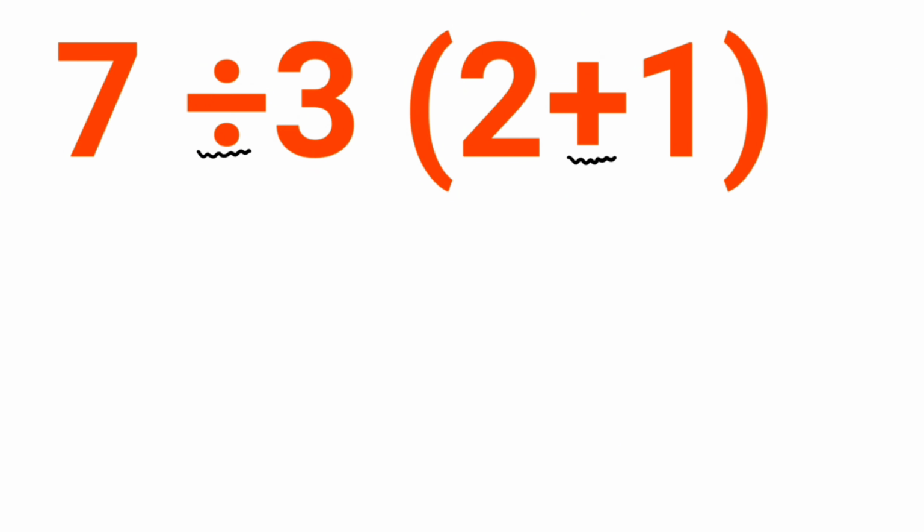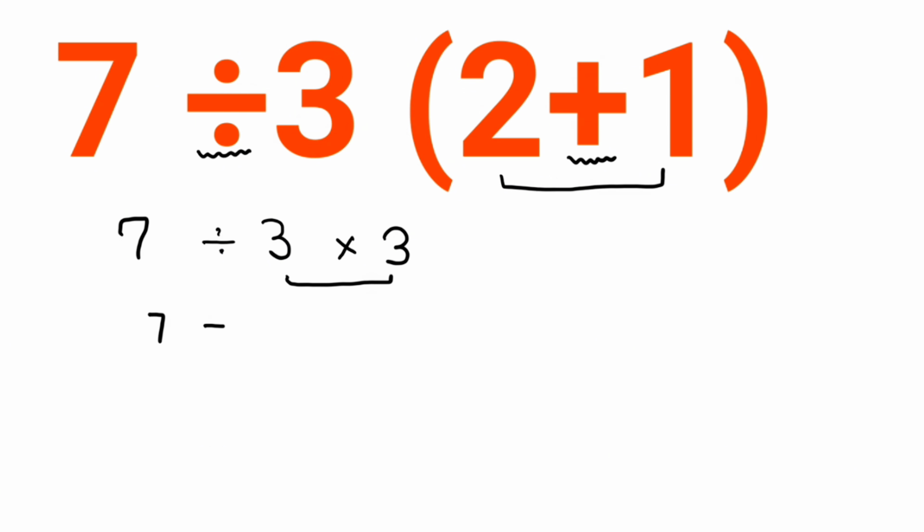So this question will be solved. 7 divided by 3 multiplied by... it will become 3. Now mostly people think that the answer will be equal to 7 by 9, or 7 over 9. But they are wrong because